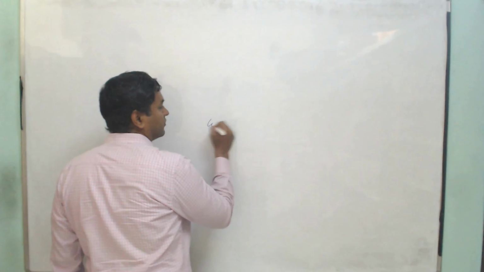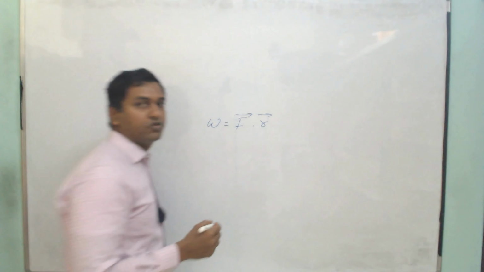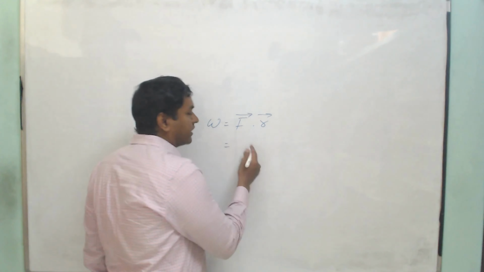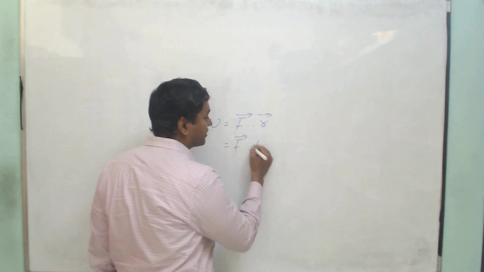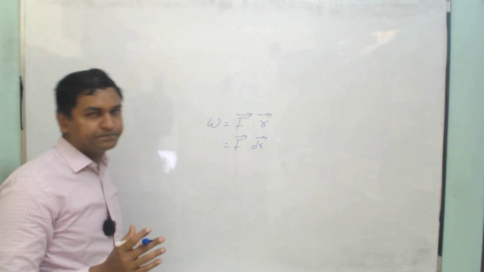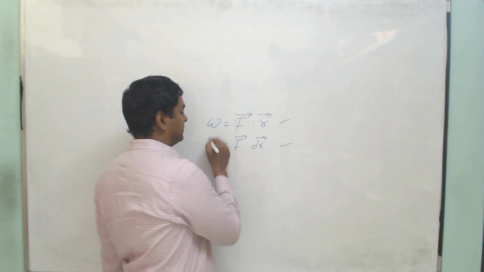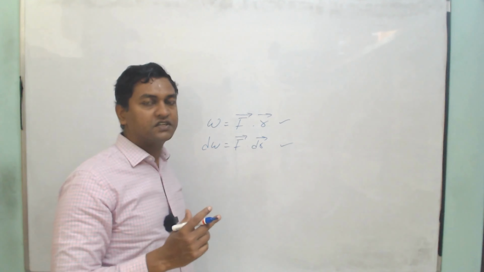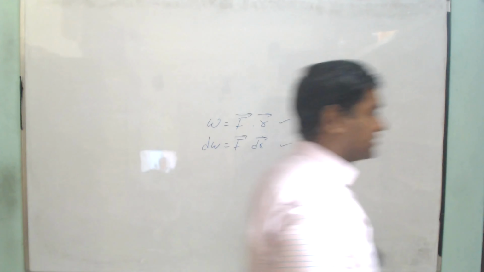So we started by saying work done is F bar dot R bar. Yes, sir. I wrote it as R bar. If we take a small displacement, we can write it as F bar dot dr bar also. But then we were going inside. You will get some dw, but we don't write it as dw. There is no such thing as dw. Work done is always work done, will always be w. So let's say we can write it as w dash or something like that.